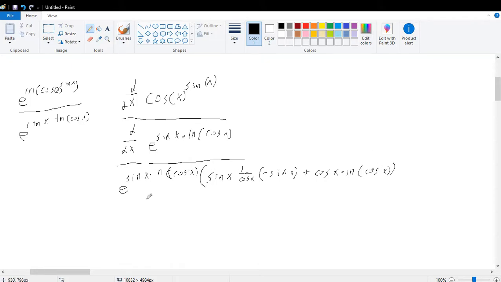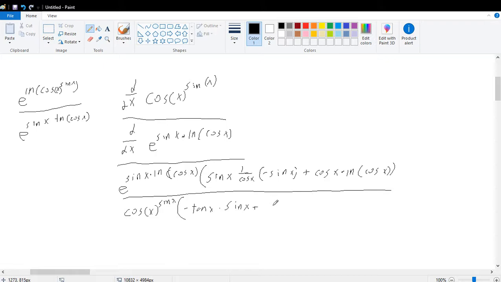Now with that done, we can simplify. e to the sine of x times natural log cosine of x, we can just revert back to our original starting point. So cosine of x to the sine of x times the quantity sine of x over cosine of x times negative sine of x. One of these can go over the cosine and we'll get negative tangent of x times sine of x